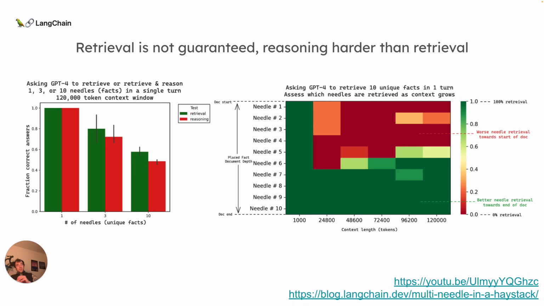Now, the second question we ask is, where are these needles actually present in the context that we're missing, right? So we know, for example, retrieval of 10 needles is around 60%. So where are the missing needles in the context? On the right, you can see results telling us which specific needles the model fails to retrieve. What we can see is, as you go from 1,000 tokens up to 120,000 tokens on the X here, and you look at needle 1 placed at the start of the document to needle 10 placed at the end, at 1,000 token context length, you can retrieve them all. So again, that kind of matches what we see over here.